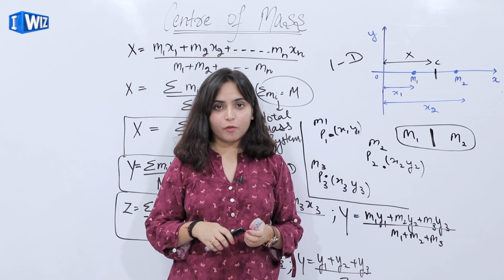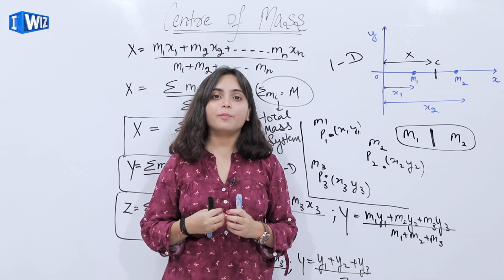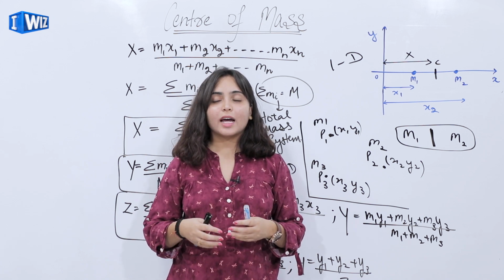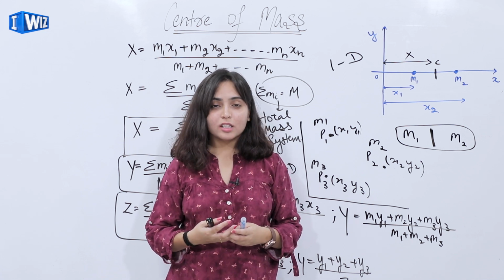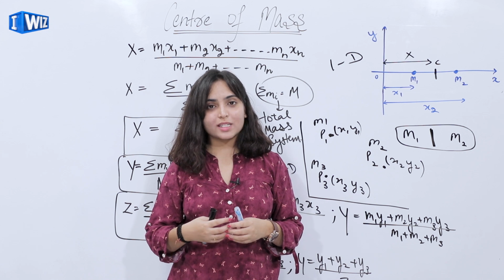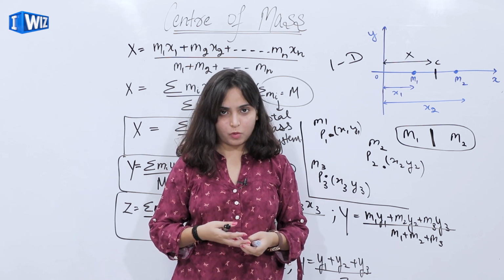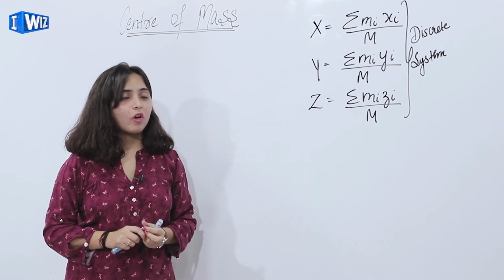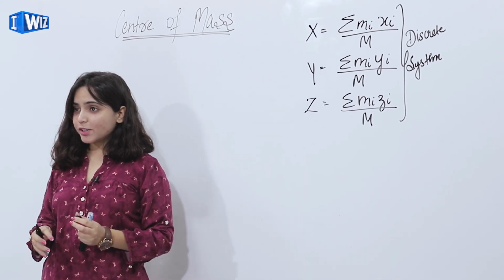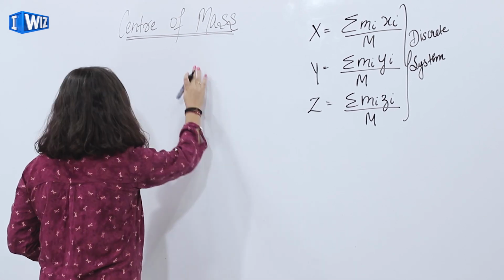And if we talk about a continuous body, that means the particles in the body do not have much spacing. They are tightly or closely packed, so the body is continuous. So what is the center of mass for a continuous body? Let's look at that. So these were the expressions for a discrete system. Now if we talk about a continuous system,